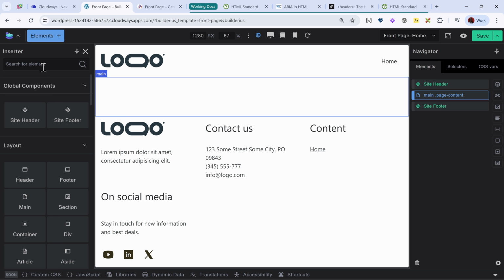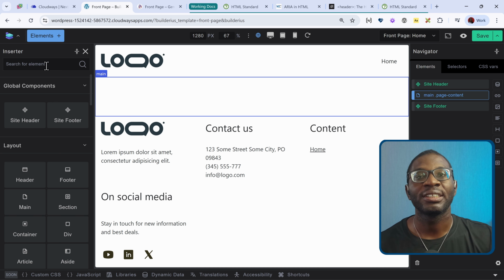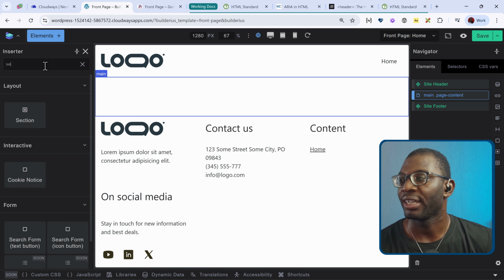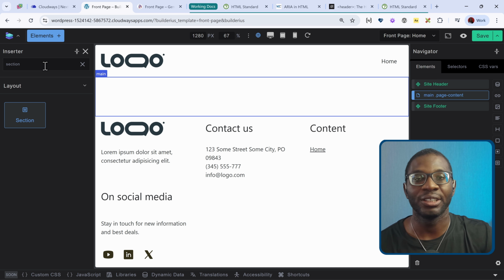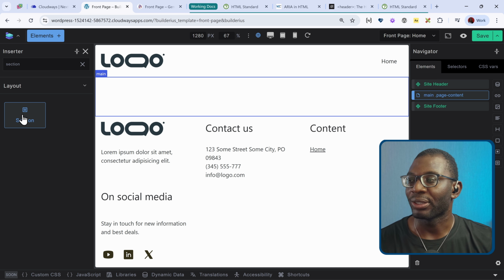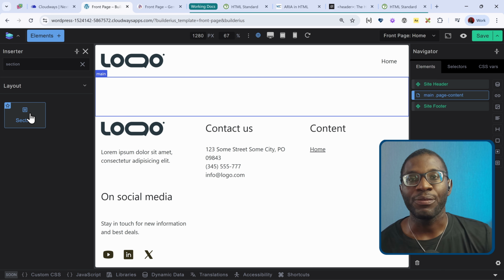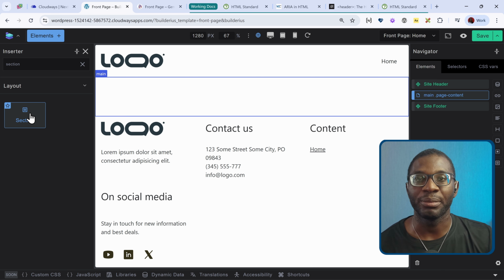And then the first thing you get treated to is a search. So you can quickly search for an element if you are like me, who struggles to see the screen sometimes and gets overwhelmed when there is a lot of content. So I can simply search for a section. If you're a keyboard user, you can just press the tab key and you get into your section. If you're a mouse user, you can just hover and click. If you're inserting only a single element, then you can just click or press enter.